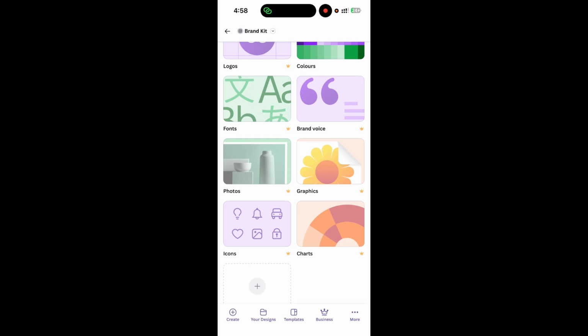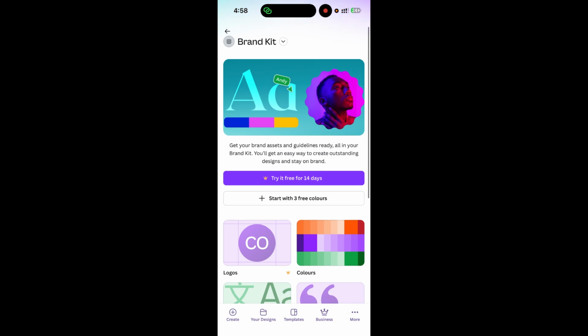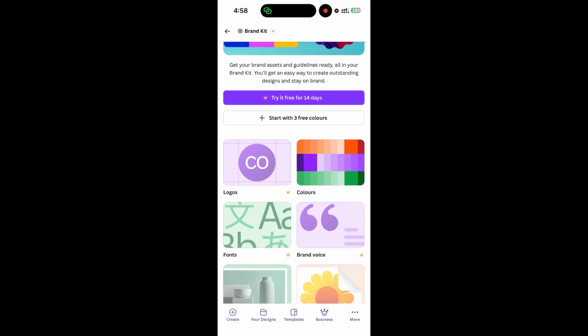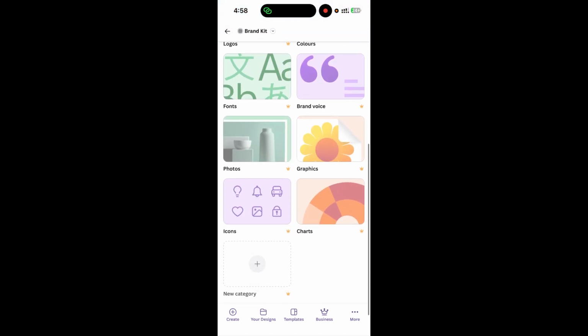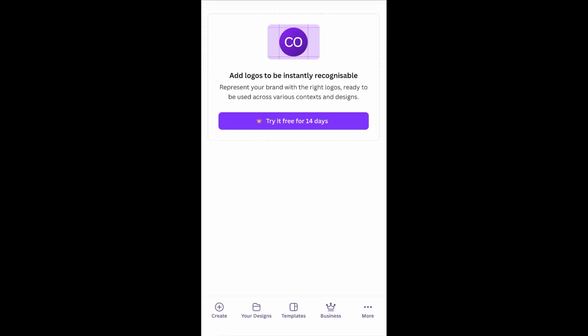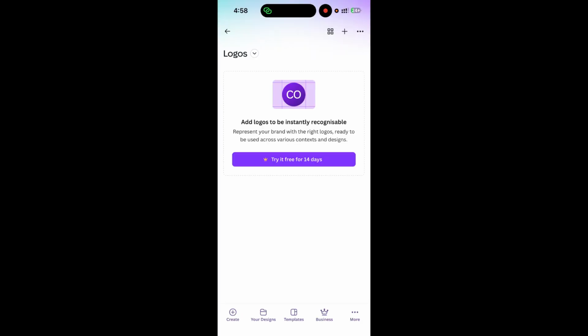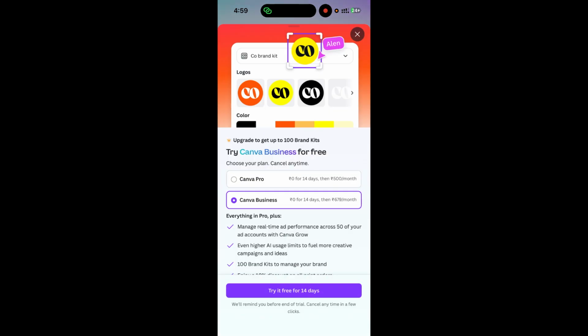Now, what does it actually offer? Here you can see it offers logos, colors, fonts, brand voice, photos, graphics, and icons. Here you can see this option, which shows that it is not free at all. Add logos to be instantly recognizable. Represent your brand with the right logos ready to be used across various contexts and designs. When I click here, Try it free for 14 days, it will ask you to buy